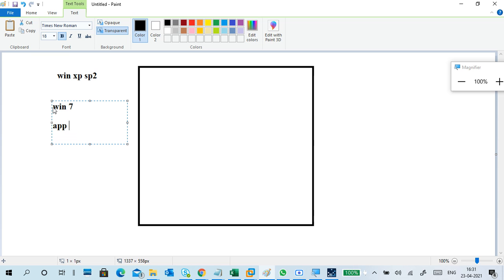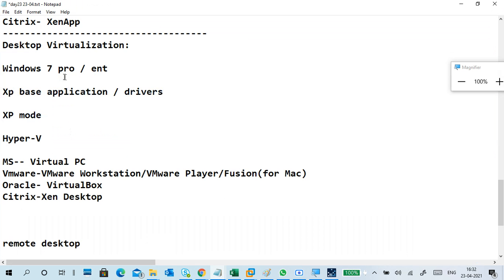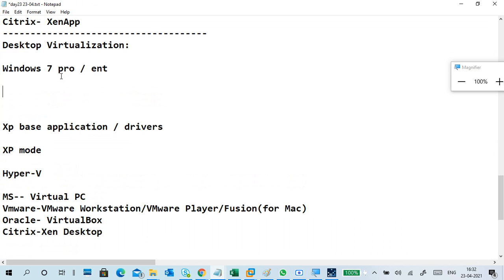Next, XP-based applications do not run on Windows 7. So there are two flaws in Windows 7.